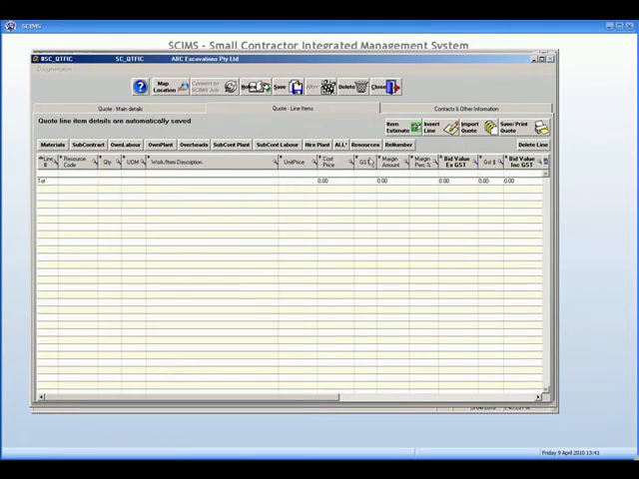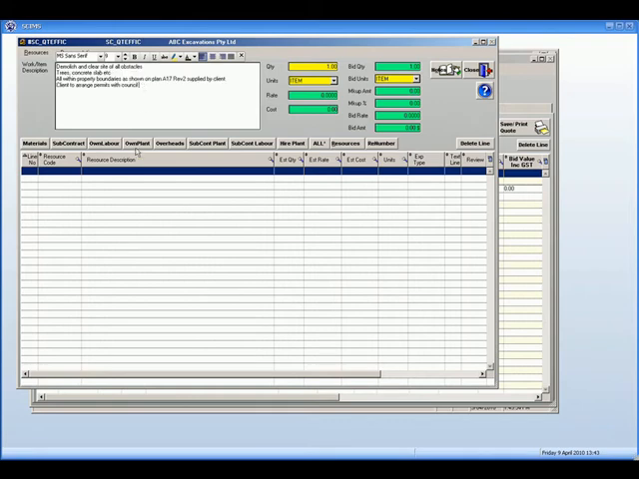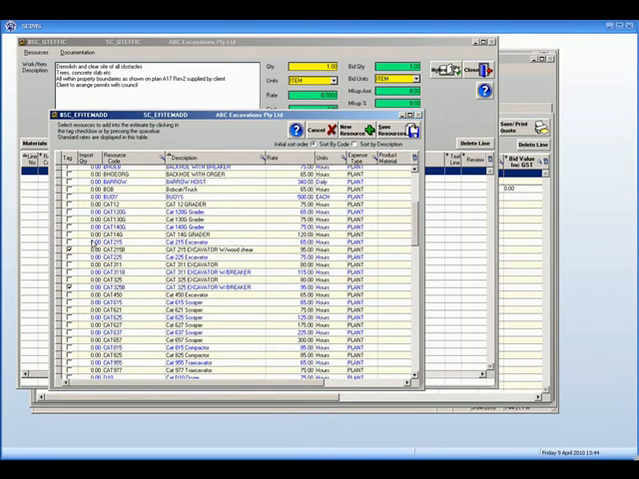For this example, we'll create an item estimate. We enter our description of work, and once again we go back into the plant to select the items of plant that we require. After selecting our items, we save them,